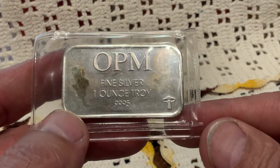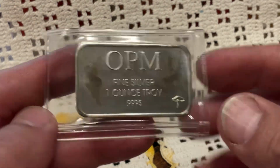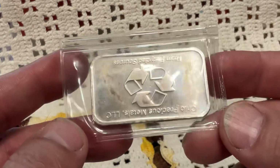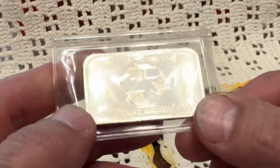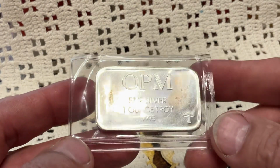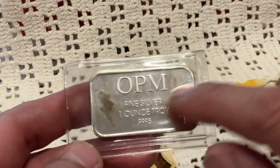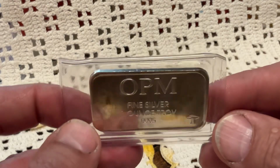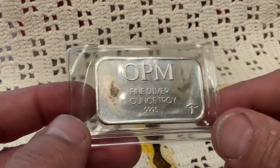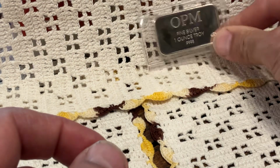So I got this OPM. I saw someone else had one of these, got the mushroom. Appears to still be in the original packaging. Now the plastic has come in contact with it and slightly discolored the silver. I'll probably leave it in there. I mean, if I take it out and wipe that, okay, I got rid of that and it's all clean again. But now every time I touch it, I'm putting fine scratches on it and leaving my fingerprint oil on it. And so I'll probably just leave it in there, but that's what I got in place of the